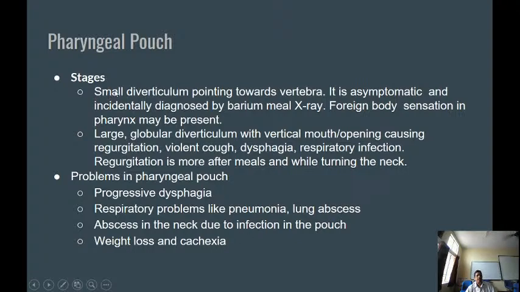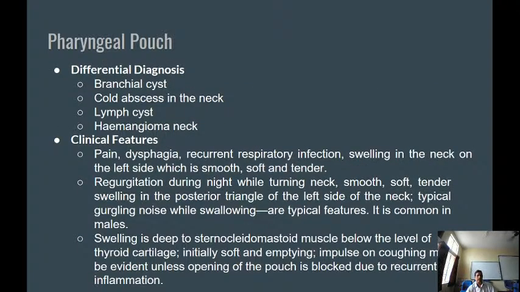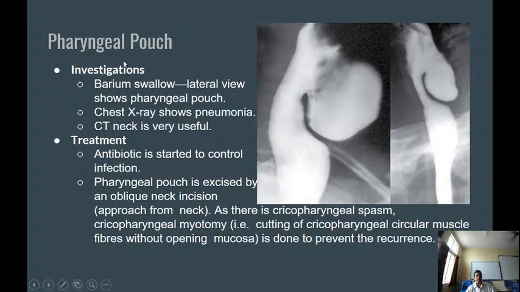Okay. So these pharyngeal pouches initially start as a small diverticulum, and then slowly grow in size and become a large globular diverticulum with a vertical mouth opening, causing regurgitation, violent cough, dysphagia, and respiratory infections. So radiologically, we have seen the various clinical features with which they present. Radiologically, you can take an X-ray of the barium swallow, lateral view. Then you will see this is the pharynx, and that is the esophagus, and that is the pouch,